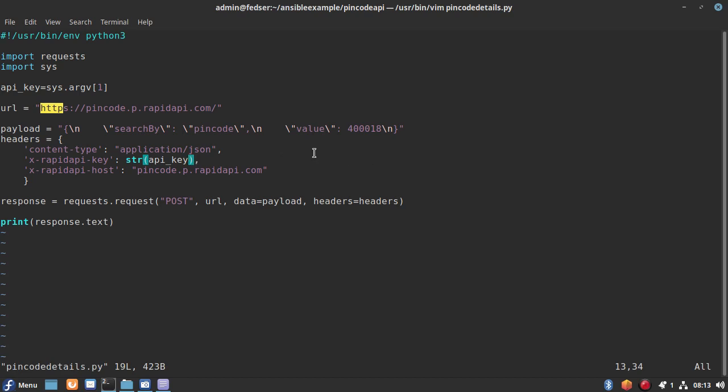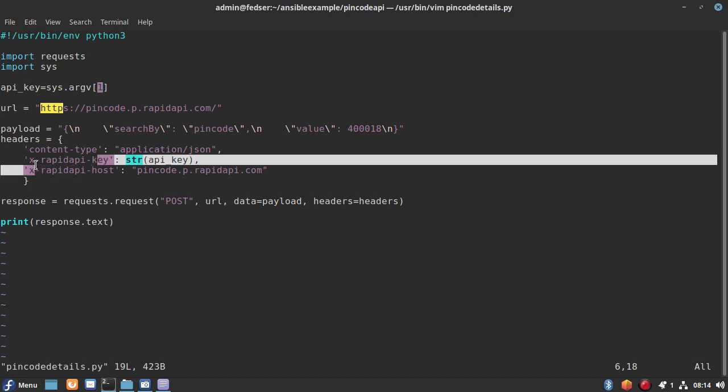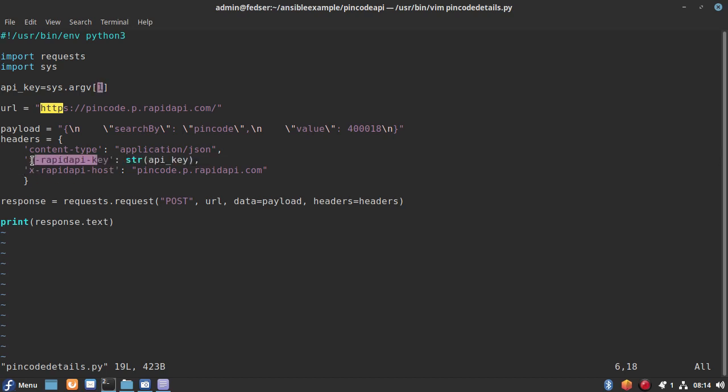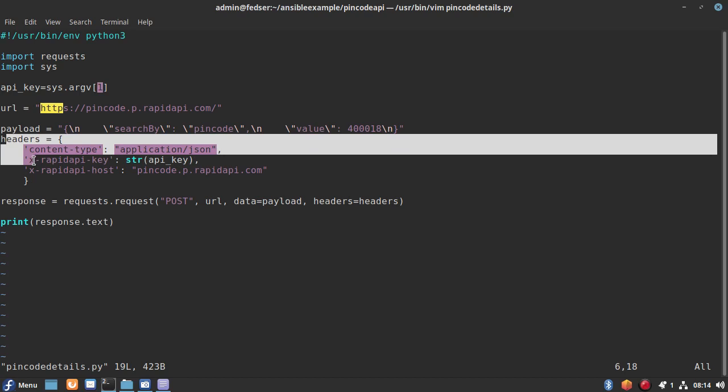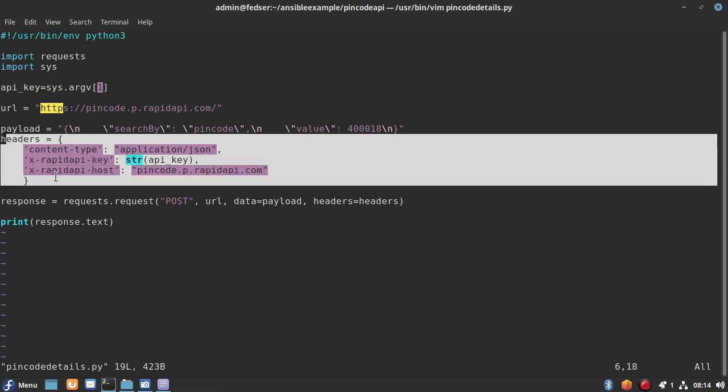As you can see, I am passing one parameter to the Python application, which is an API key. This is the first argument, which I am taking, converting it into a string and assigning it to the key value. So our header is set with key, host and content type.